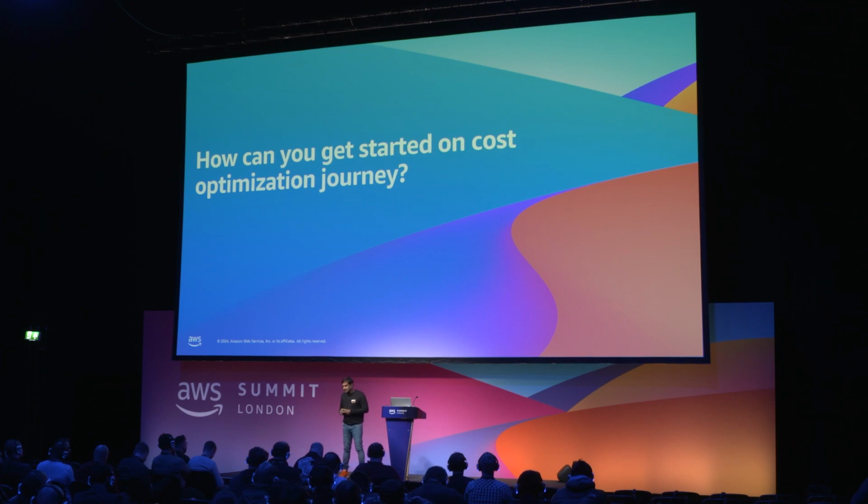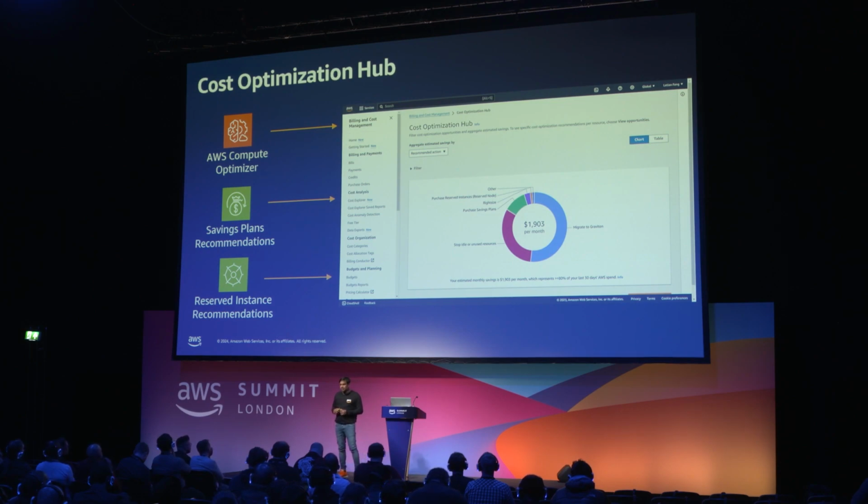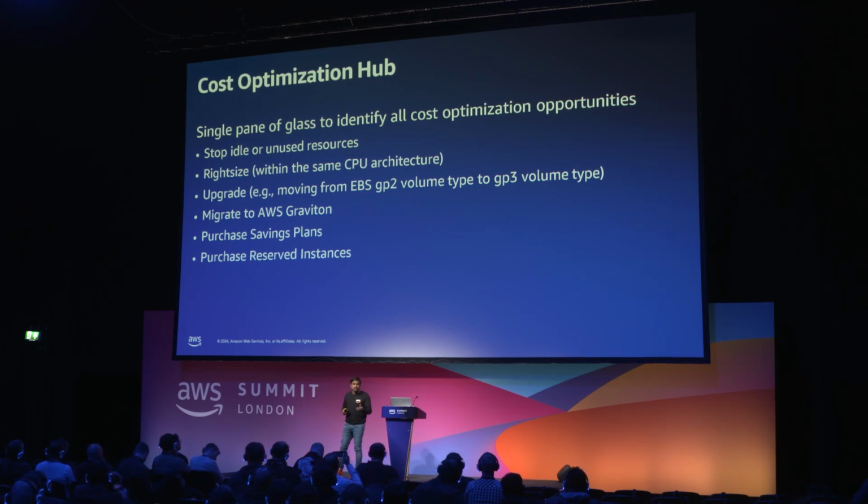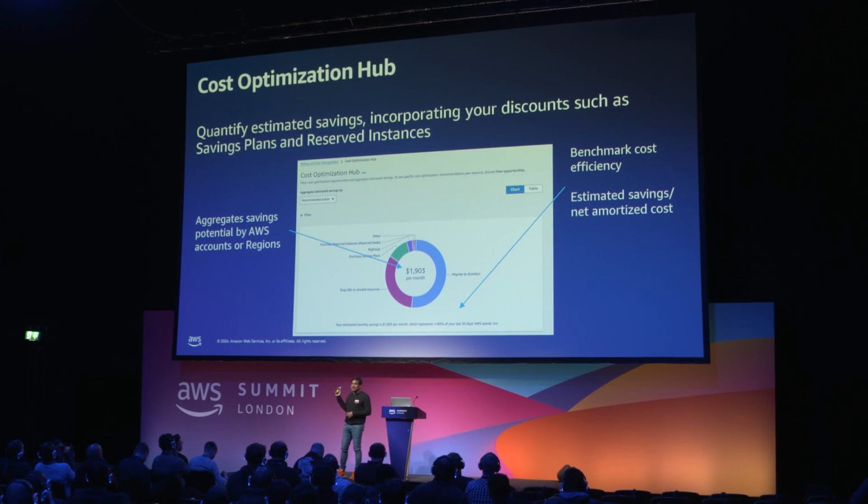So what could you do in your cost optimization journey? One key feature I would recommend you to check out is Cost Optimization Hub. This makes it easy for you to identify, filter, aggregate, and quantify the savings for AWS cost optimization recommendations. It is a single view which provides all the different methods I mentioned earlier: the recommendations, unused idle resources, moving to Graviton, moving to new resource types to save cost as well. It will also highlight how much you could potentially save if you actually implement those recommendations provided by Cost Optimization Hub.